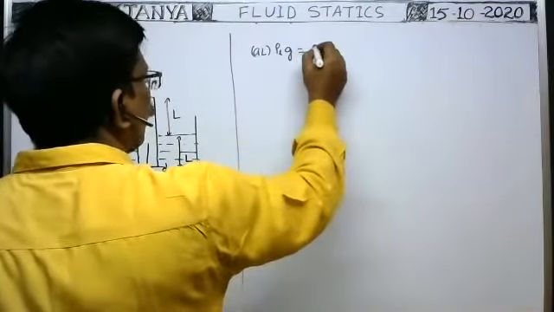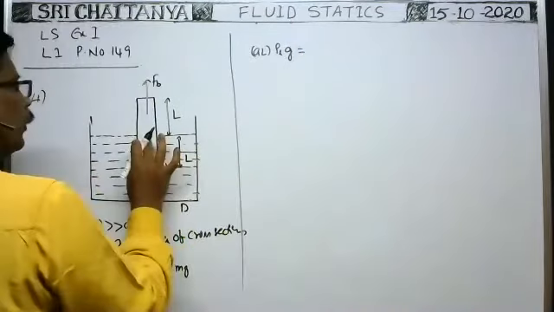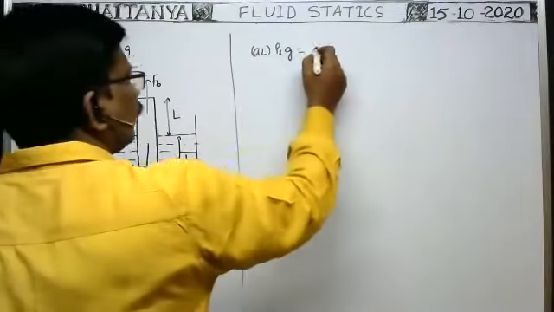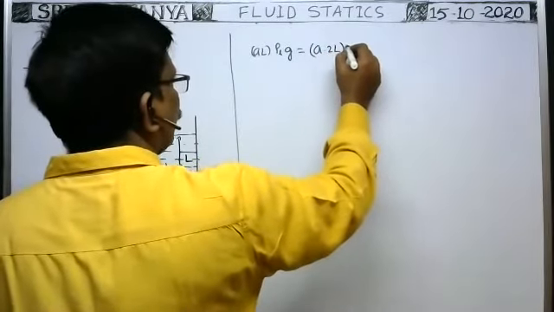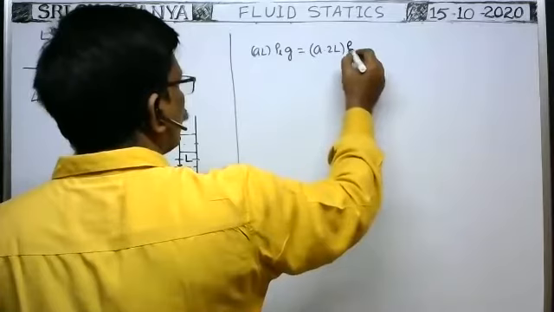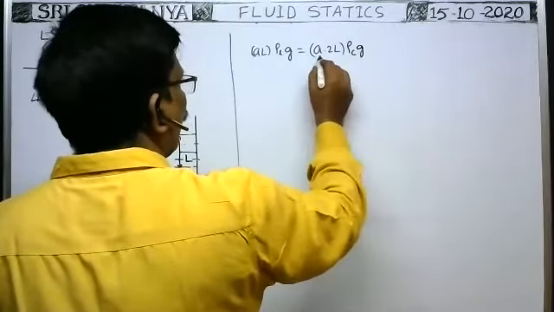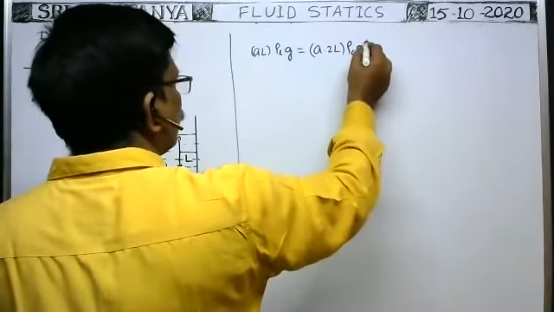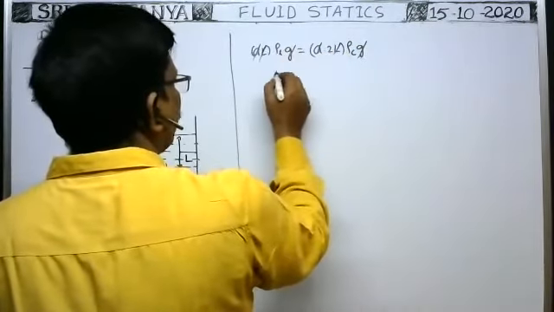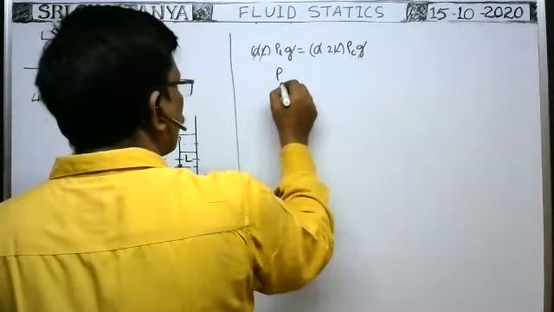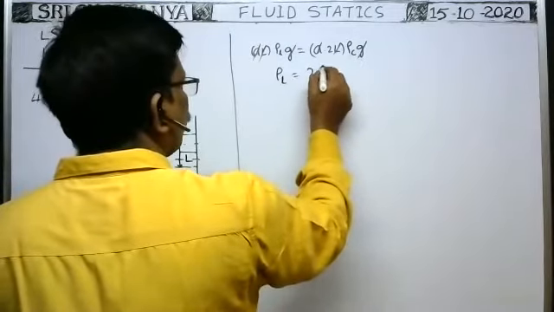Mass of the candle means the volume of the candle. If it is A times L, it is A times 2L: area of cross section times the length of the entire candle, which is 2L. That gives the volume of the candle times the density of the candle, rho C, times g. Volume times density gives mass times g. g cancels, A cancels, L cancels. Therefore, the density of the liquid or water is equal to 2 times the density of the candle.